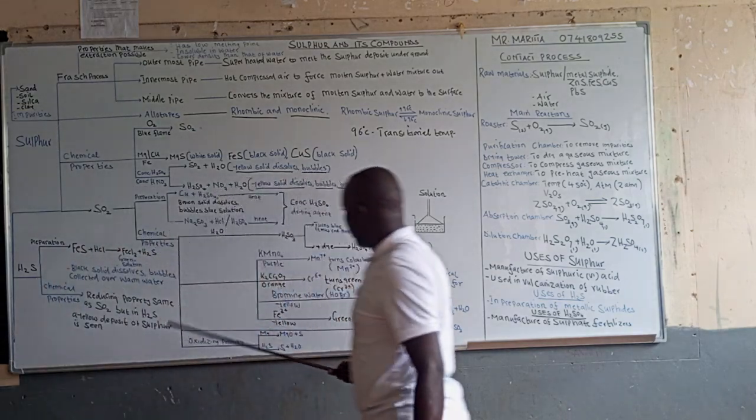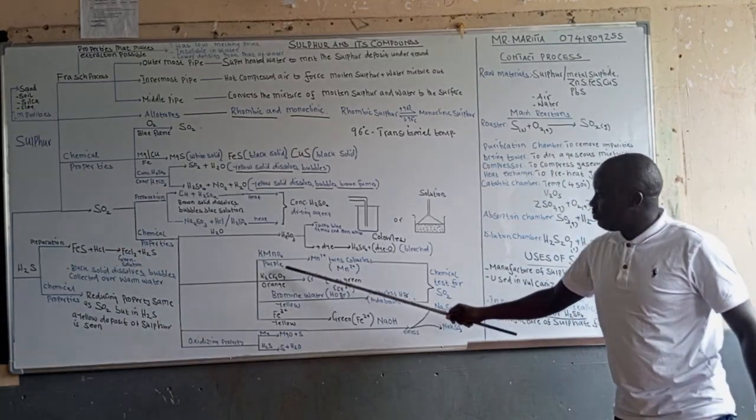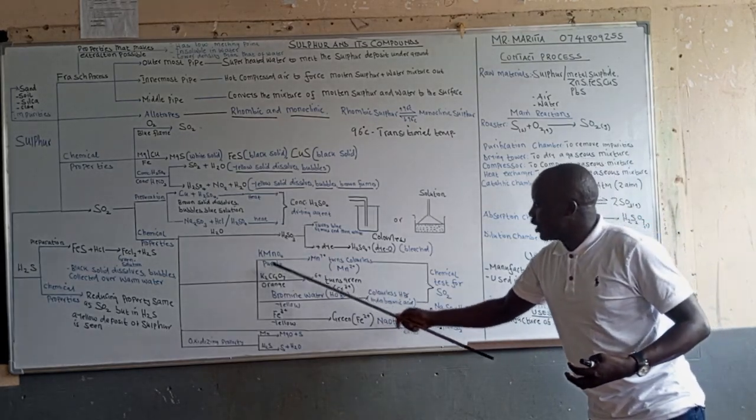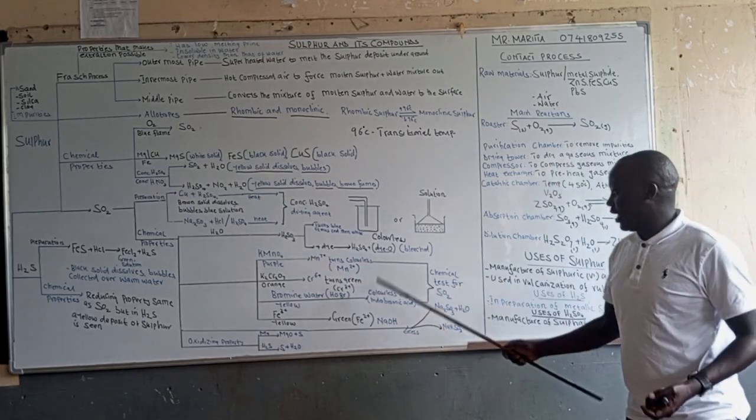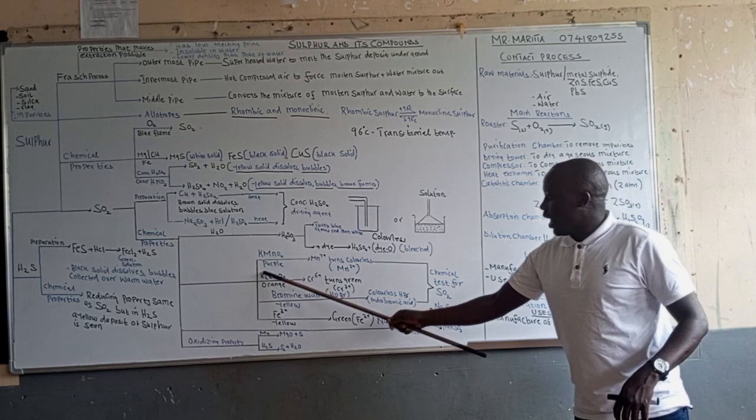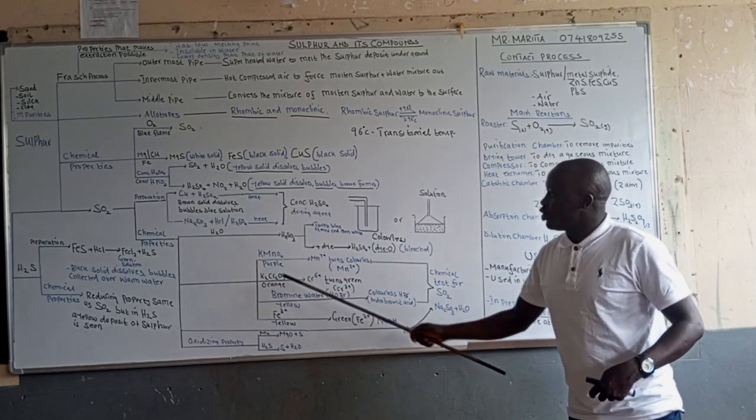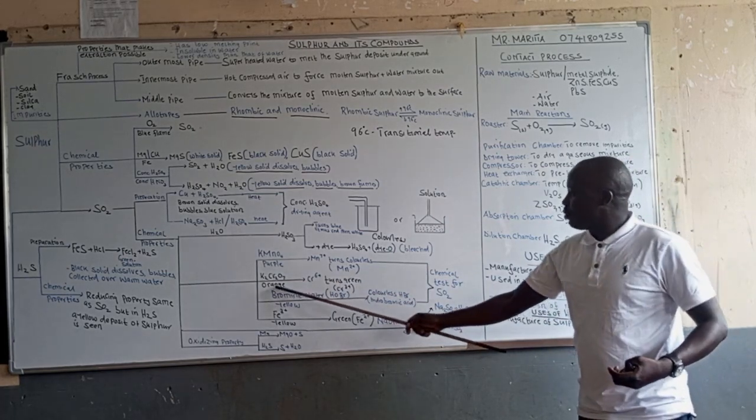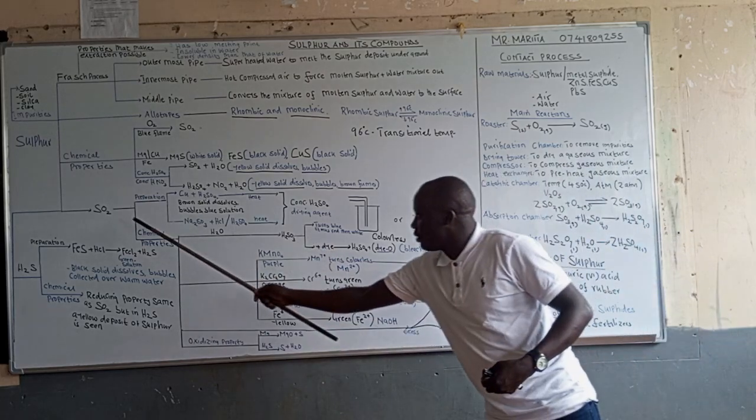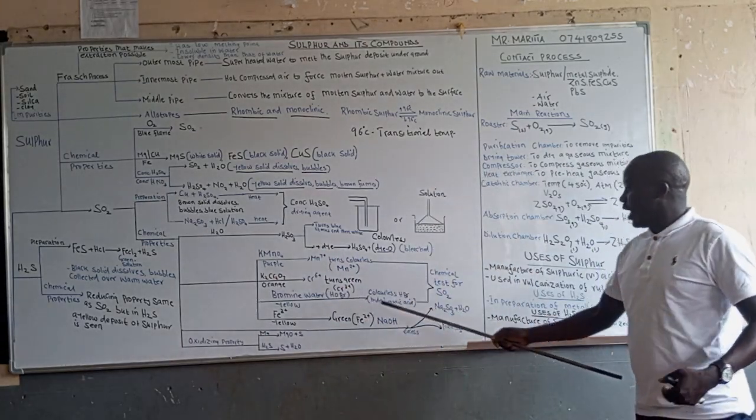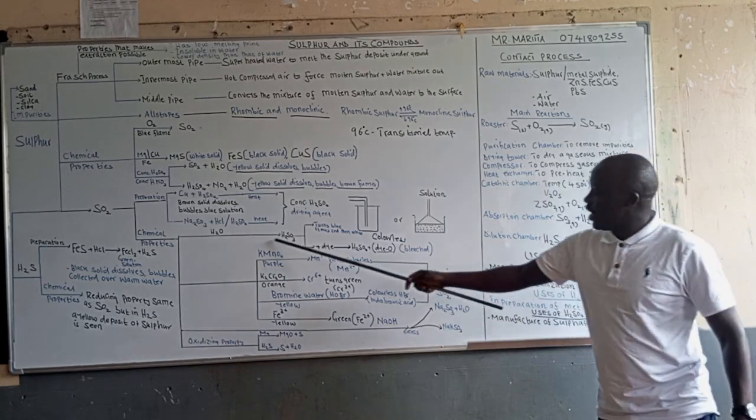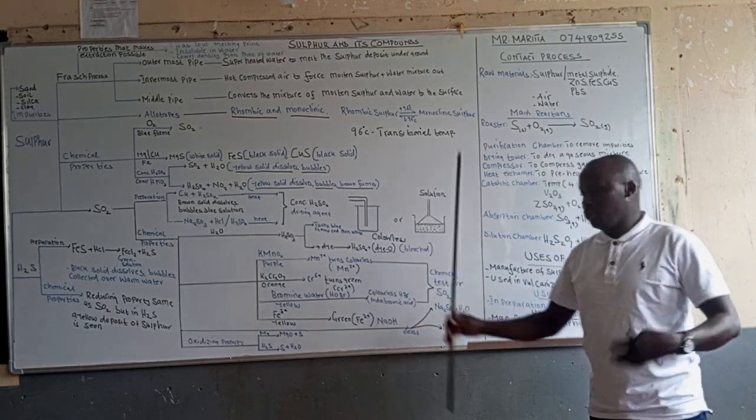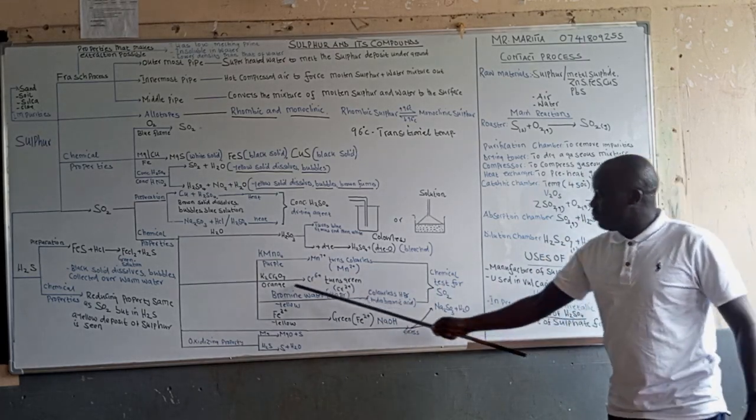Another chemical property: we can have acidified potassium permanganate, which is purple. When it reacts with sulfur oxide gas, it turns colorless. We can also have acidified potassium dichromate, which is orange. When it reacts with sulfur oxide gas, it turns green. We can also have bromine water, which reacts with sulfur oxide gas to form colorless hydrobromic acid. So the acidified potassium permanganate, which is purple, turns colorless. The acidified potassium dichromate, which is orange, turns green. And the bromine water,